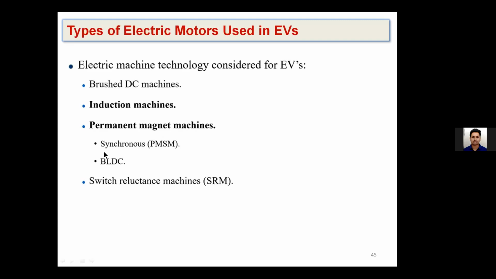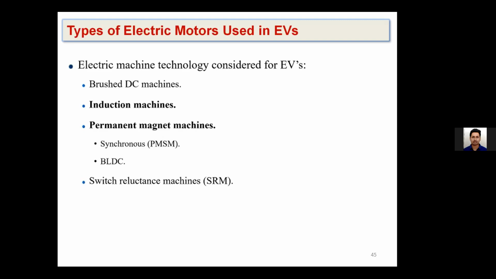But the problem with the permanent magnet is that it is made up of rare earth materials. The rare earth materials are somewhat costly, and one more problem is they are temperature dependent. Beyond a certain temperature, the performance may not be good. And one more problem is they are not available in our country on a major scale, and they need to be procured from other countries like China. That is one more problem with the permanent magnet based machine. So we need to rely on them.